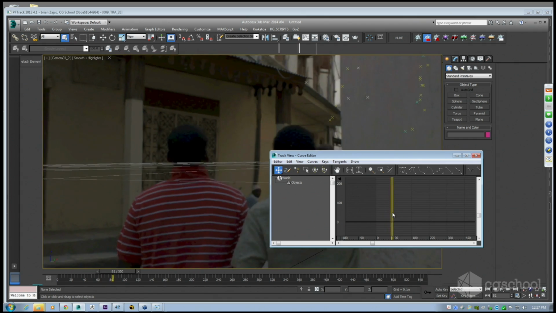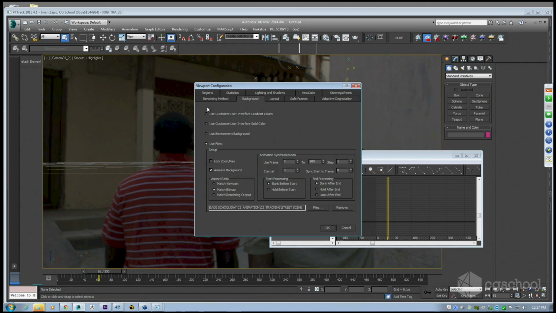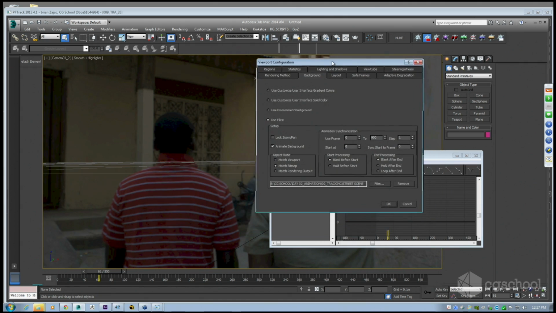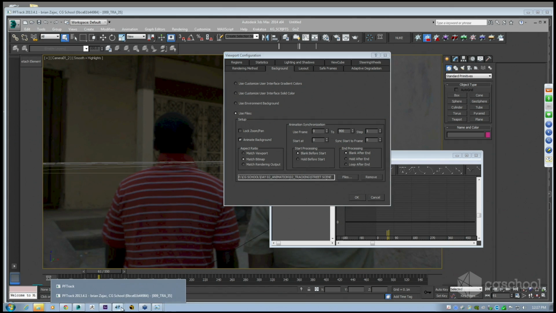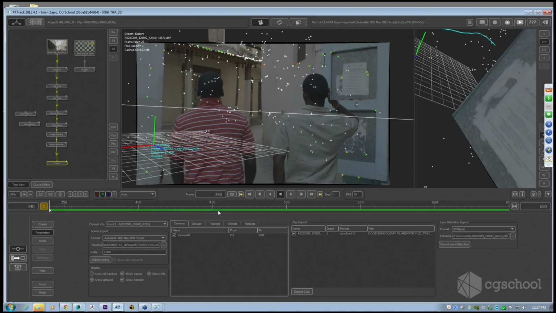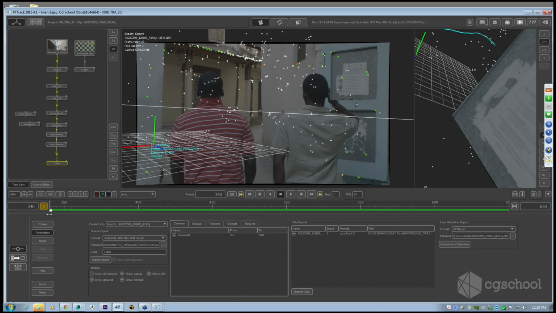See here, it's not matching up just yet because we need to make sure that we've exported the right frame range. This will take a little bit of tweaking if your track that you've exported from PFtrack is on a different frame range from what you're actually exporting. So this is starting from frame 340, but our original frame range of our footage, if it will update,